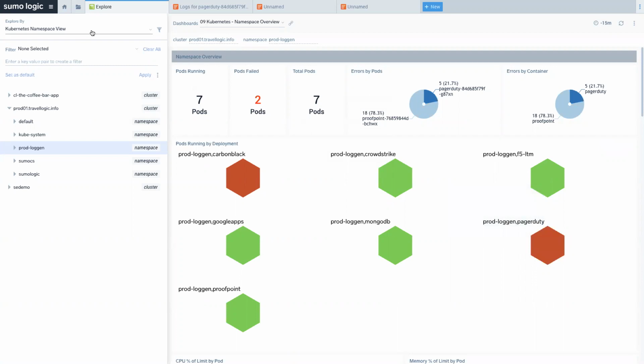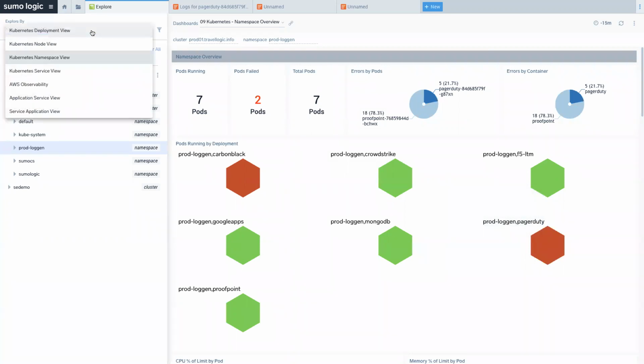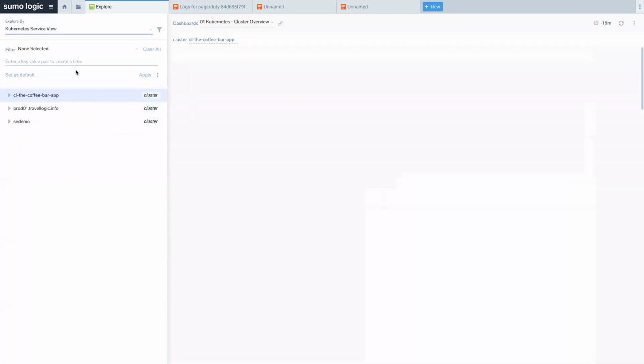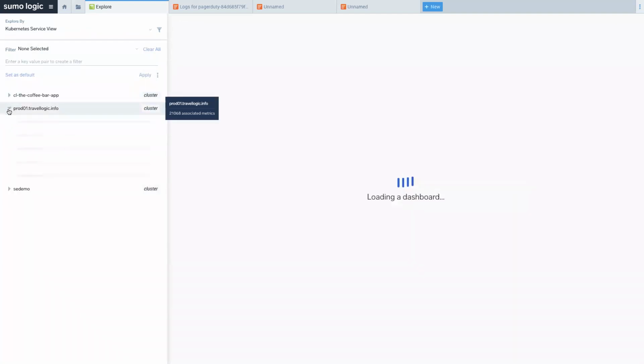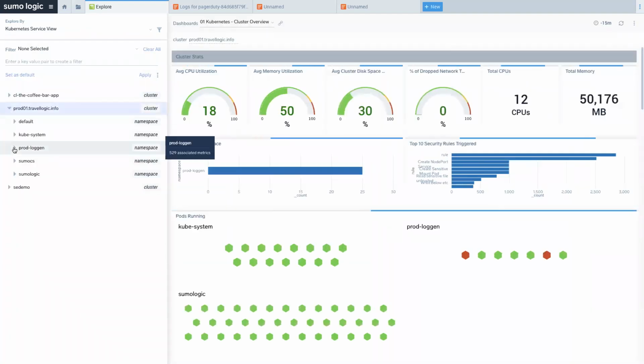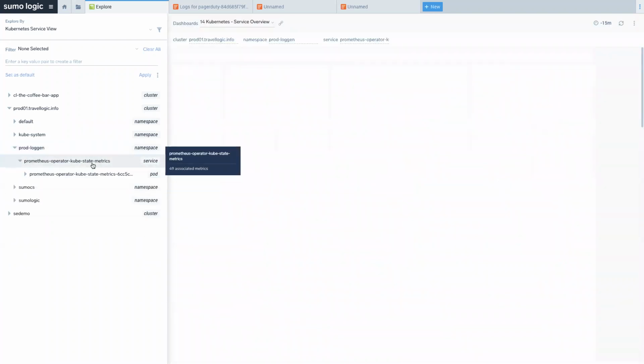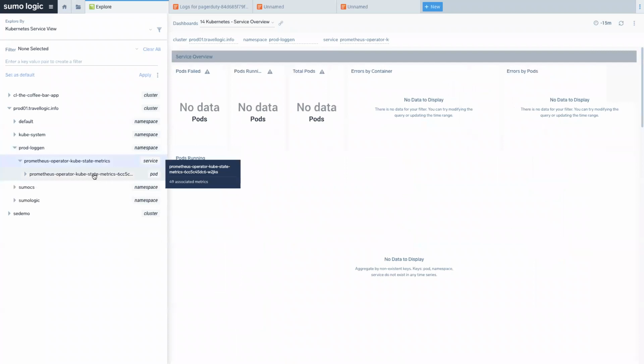Now, one of the things which is important here too is the fact that as I pivot through these particular views, I'm able to see what's going on in a logical sense. So when I go to this particular namespace, I can see there is a service related. I can see the pods that are related.